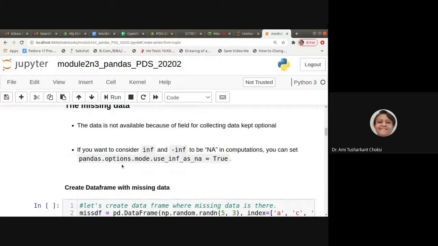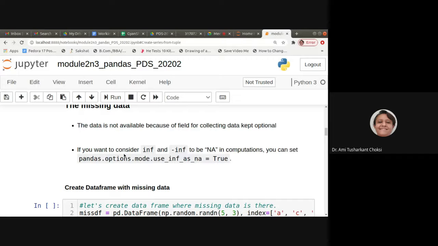Now for missing value. The data is not available because of filling or collecting data being kept optional. I told you the example that email was kept optional. So the data may not be available for that, isn't it?